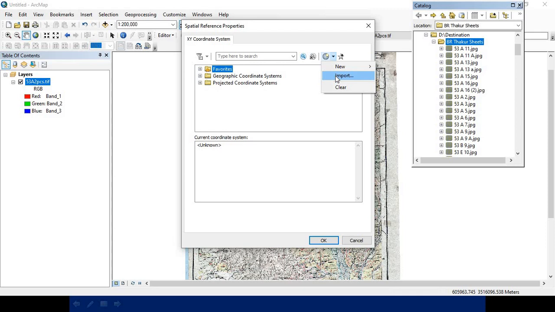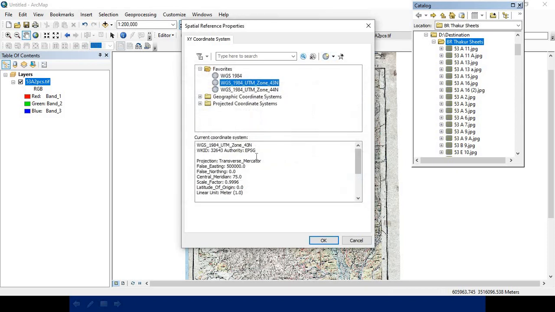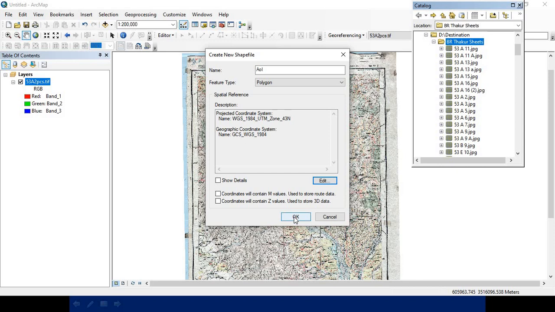Click on this import button and you can borrow the spatial referencing properties from the same file. For example, this is the 53A2 PCS. Click on add. Here you will see that the projection parameters have been added. Click on OK.